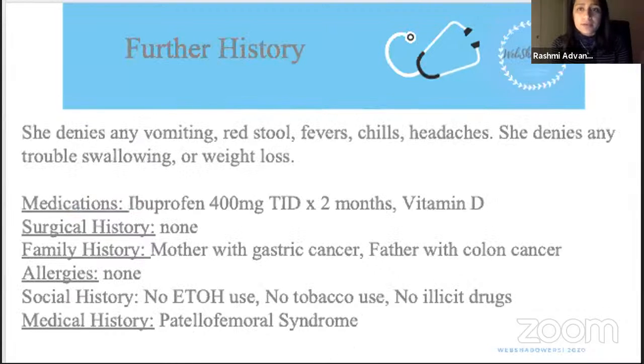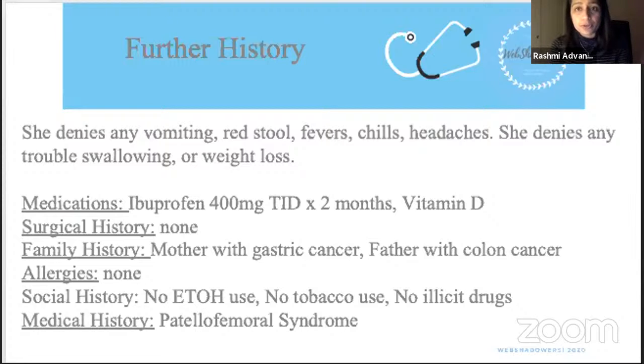Okay. So on further questioning, she denies any vomiting, no red stool, no fevers, no chills, no headaches. She denies any trouble swallowing, no weight loss. You do a thorough history on her. And one thing that's important in medicine is to really get a thorough history of your patient, because it's really